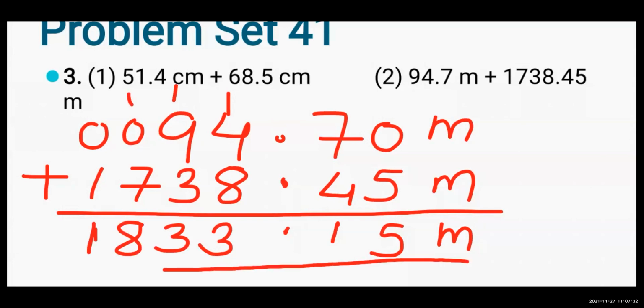So the answer is 1833.15. Clear? Harsha, your 32 is coming and instead of 15 you have 85. So redo one more time. See what I am getting and what you people are getting. Clear? So the students who have done the sums right, well done. The students who have made some little mistakes, redo it and then show.